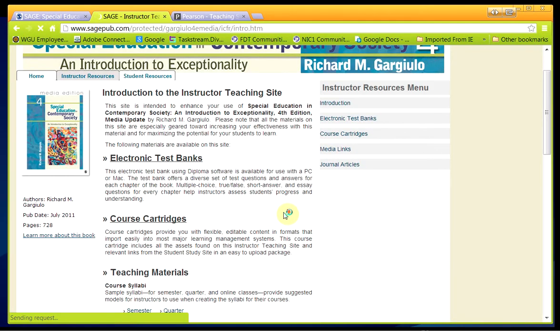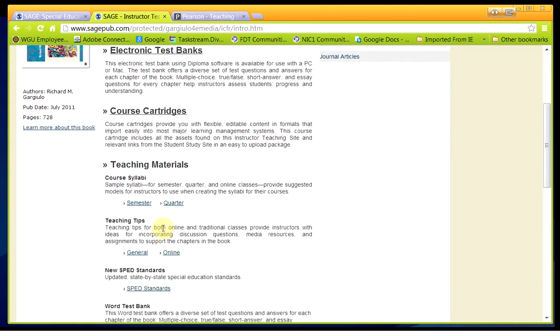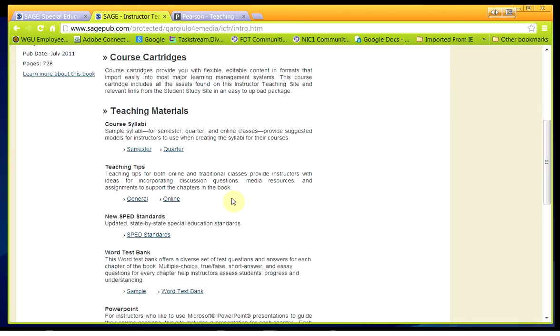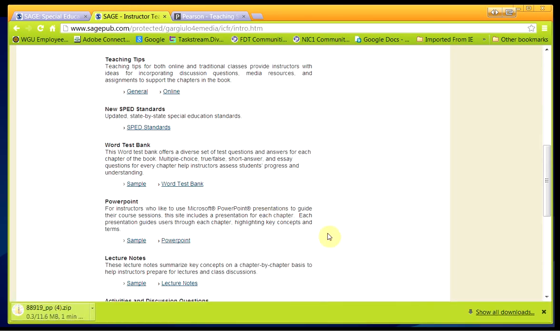This is kind of interesting because they have something called course cartridges. You can open this up and you can actually edit the content. So if you want to increase the content that they're receiving and your students are receiving in a particular chapter, you can do that here. Other things that are available, as with Pearson, we have a test bank and we have PowerPoint. So with the PowerPoints at Sage,